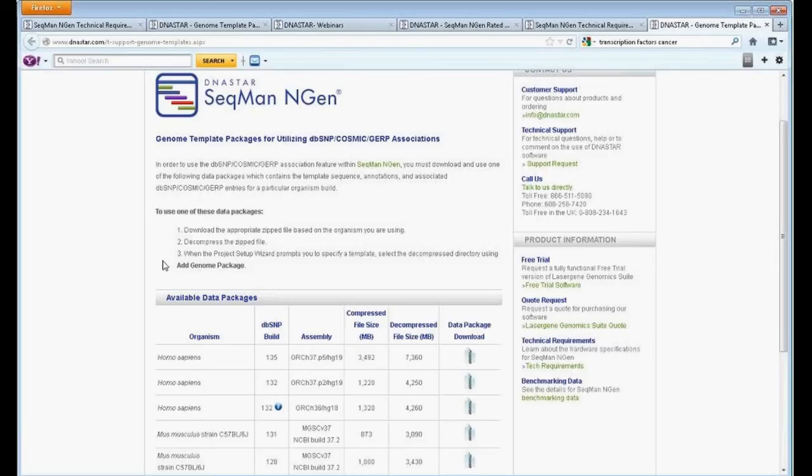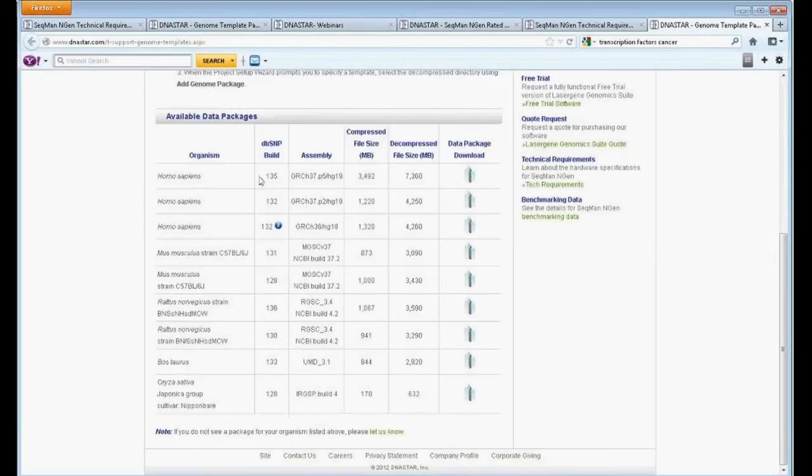So all of the common organisms that are asked for are on this page for the different versions. Human, for example, we have 3 different versions, with the 135 build being the latest one. We also have mouse and rat and some of the other ones. And if there is a genome package you would like us to build for you that's not on this page, you can always send us an email or click on this link down here. And I have loaded in the human genome data package, the genome template file from our website. And now I will go